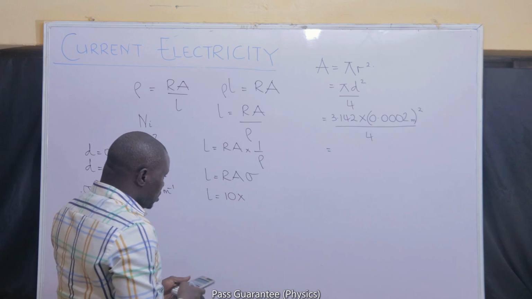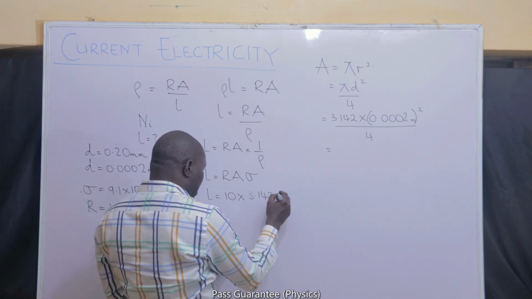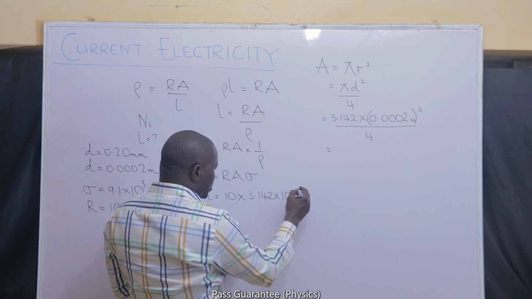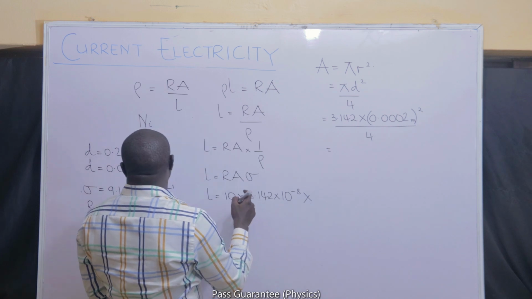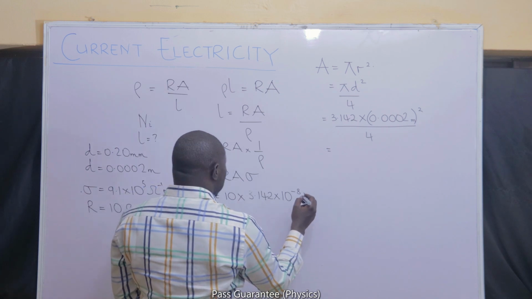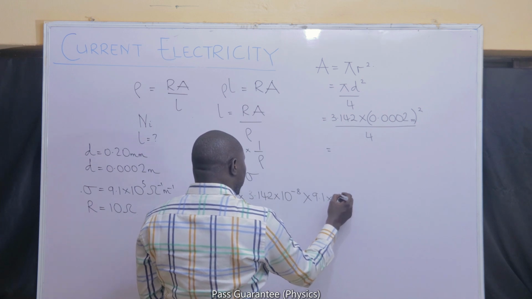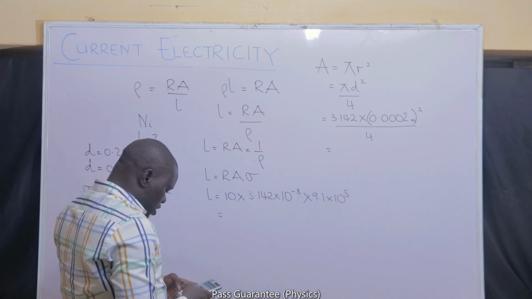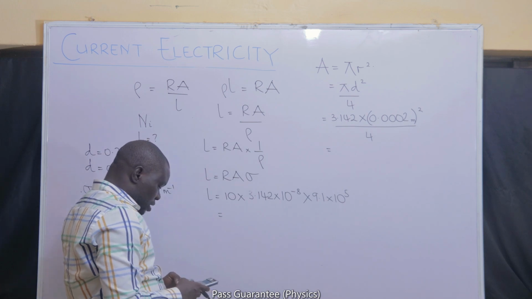If we do that, we have 3.142 multiplied by 10 raised to power minus 8. We'll multiply by the conductivity. The conductivity that is given in the question is 9.1 times 10 raised to power 5. If we multiply all of that, we should have 3.142 multiplied by 9.1, and that should be